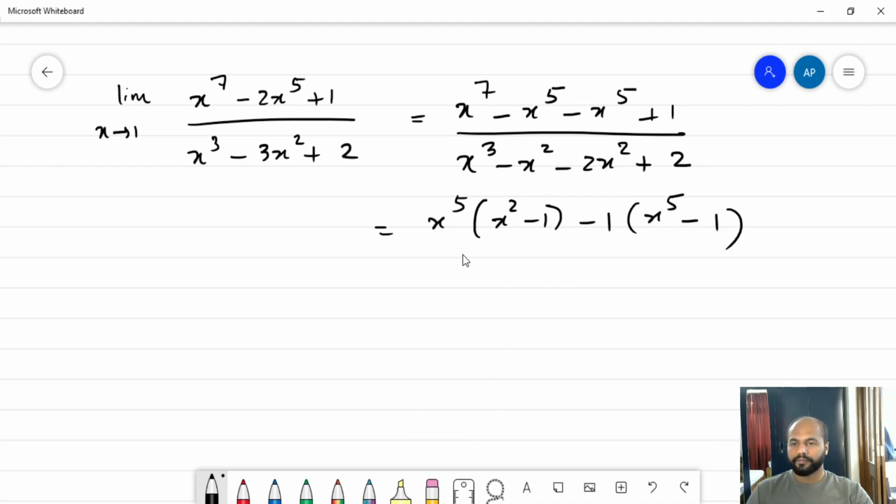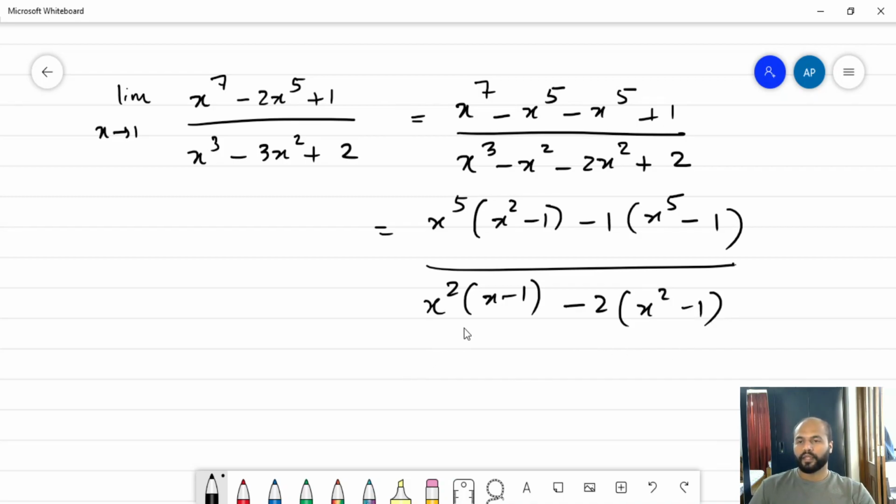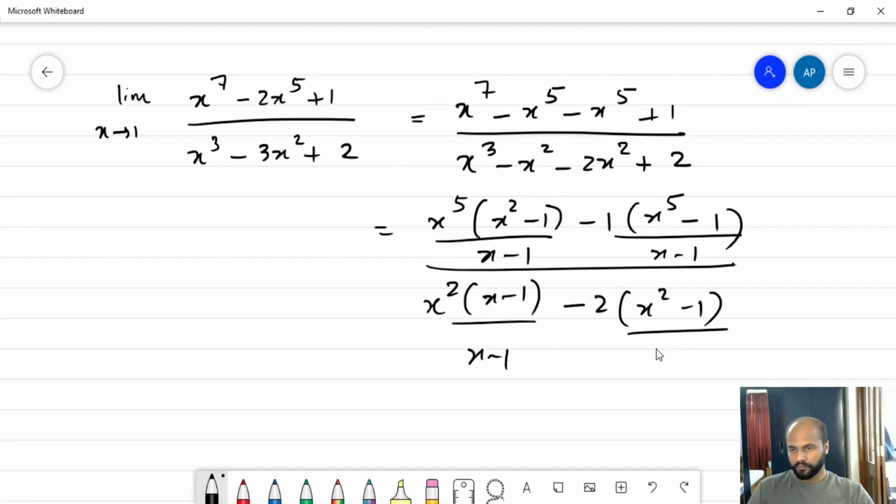Let's move one step ahead and now see what we can do regarding the denominator. So in the denominator, x square comes out, this will be x minus 1, and over here minus 2 comes out, this will be x square minus 1. So overall what I can do is divide everywhere by x minus 1, the numerator and denominator. So clearly if I apply the limit to all of them, that is here x tending to 1, here also I can apply limit x tending to 1, here also we can apply a limit x tending to 1, and finally we can apply it over here as well.